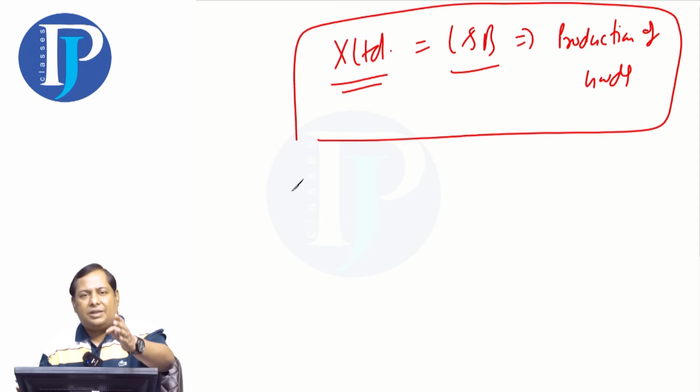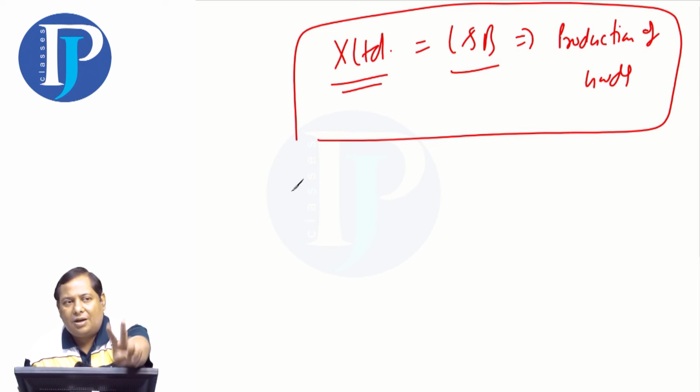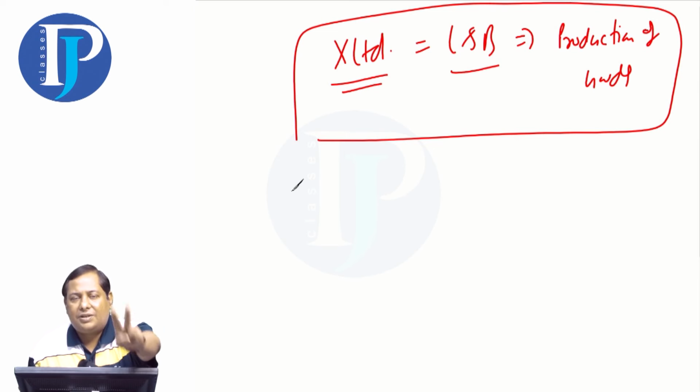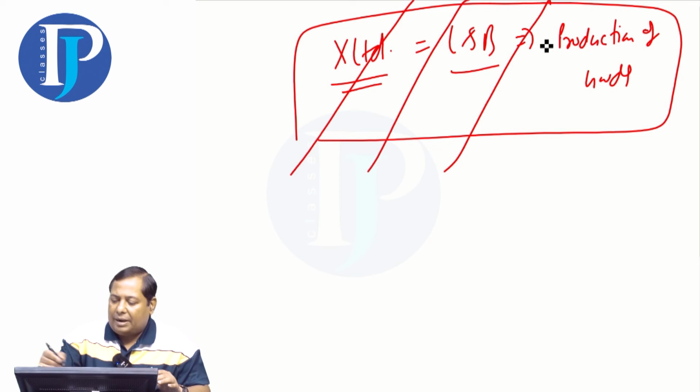Listen, you're being hasty. You are not listening to me. Didn't I tell you that I would give you 7 examples where there is land and building, but Ind AS 40 will not be applied? You are in a hurry. Right now you shouldn't ask any queries, but focus on what I am saying. I told you that investment property will include only that land and building which will either generate rental income or generate appreciation in the long term as prices increase and it's sold. Other than this, any other land and building is not included in Ind AS 40. We will study that in a different Ind AS. So your query is related to that only. So let's do one thing. I'll tell you those things first.